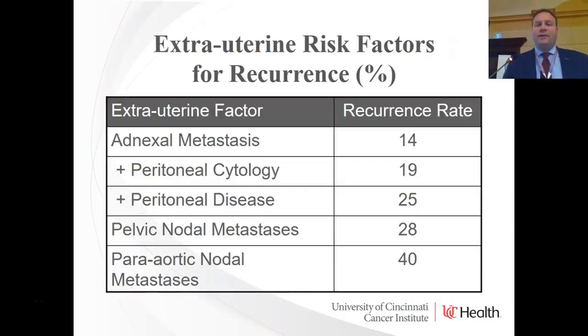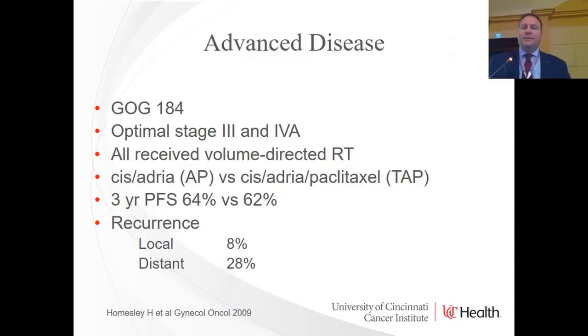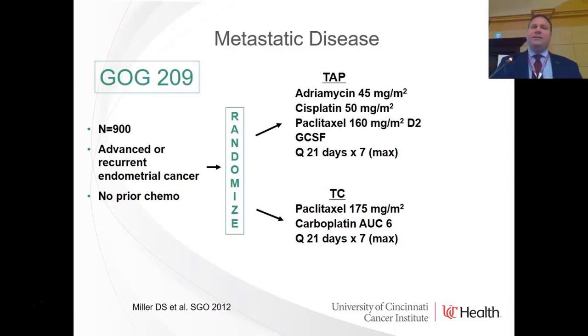So what do we do for extra-uterine involvement? Well, certainly high-risk factors for recurrence include spread outside the uterus. And you can see the recurrence rate with these factors is significantly higher. So for advanced disease, one of the early studies looking at chemotherapy in these patients was GOG 184, comparing cisplatin and adriamycin with a 3-drug combination of cisplatin, adriamycin, and paclitaxel, with a 3-year progression-free survival that was similar. The TAP regimen did become the standard of care until